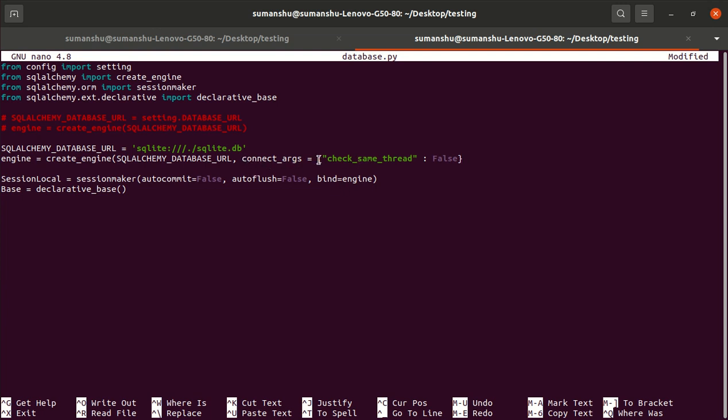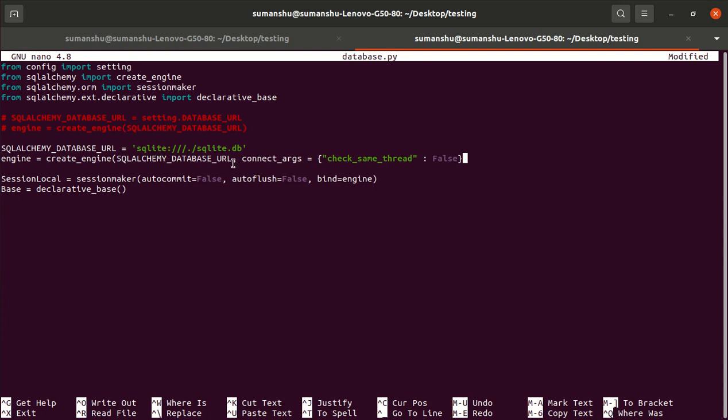And why do we have to pass this extra argument? Because generally the SQLite database works on a single thread, right? But FastAPI allows running multiple threads for SQLite as well. So we are overriding the default behavior of SQLite. If we do not define this, then by default we can run only one thread for the particular database.